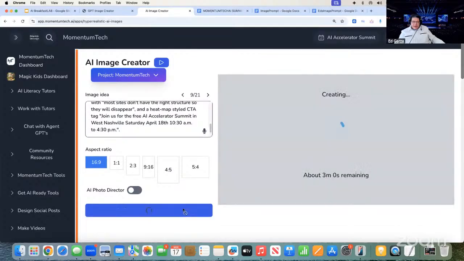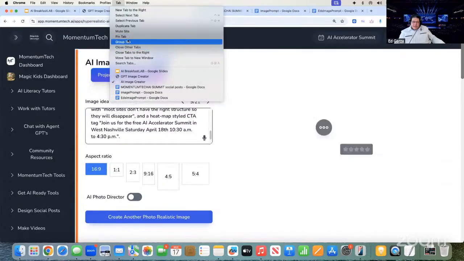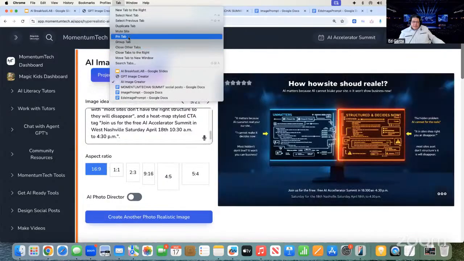So I'll tell you what, let's try another image tool besides the AI image creator. And let's open up another tab. We got some more time here. Okay, I see some of these I can use. So duplicate the tab.